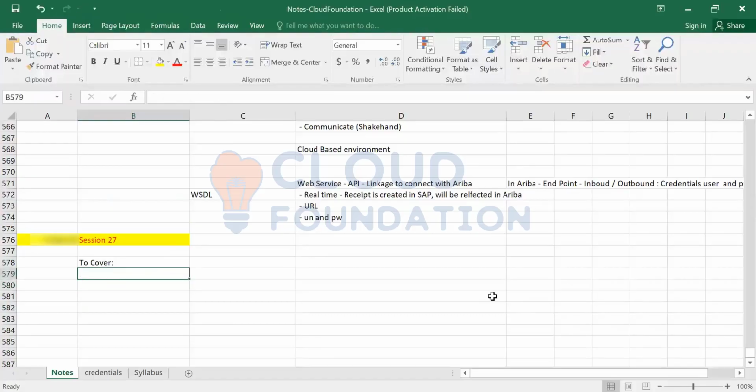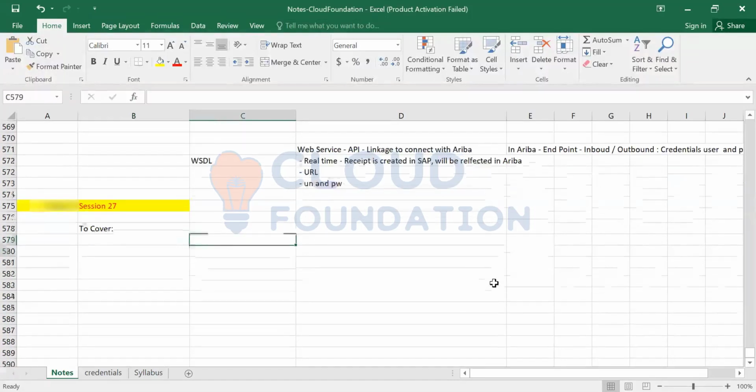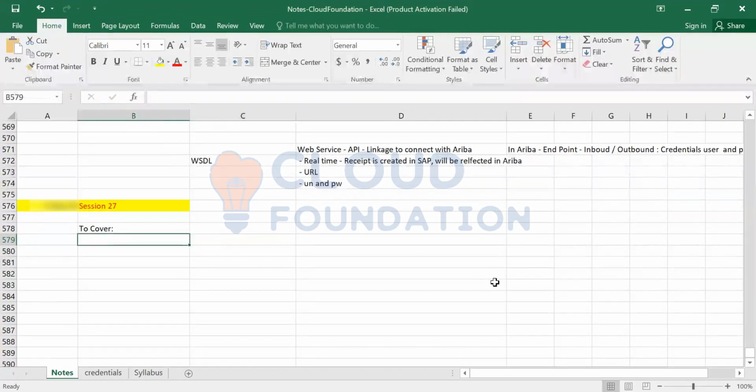Before we start integration scenarios, what kind of scenarios do we come across in real time? I mean, in the business scenarios, when you are going to a client, what kind of scenarios do we come across? So one of the first scenarios, as we are aware, is that your client can have a subscription to only